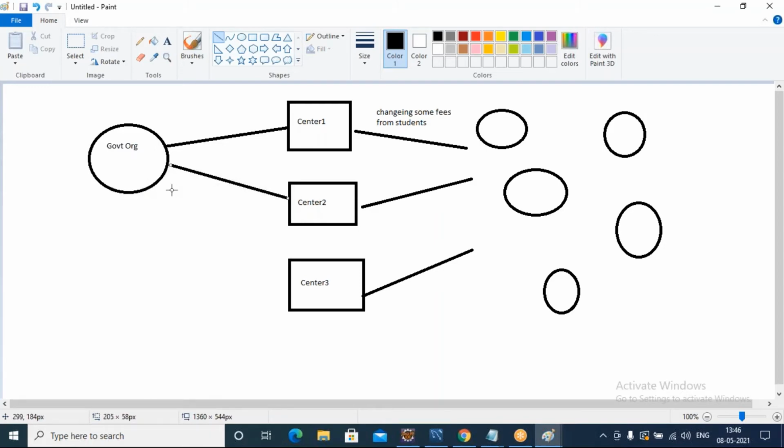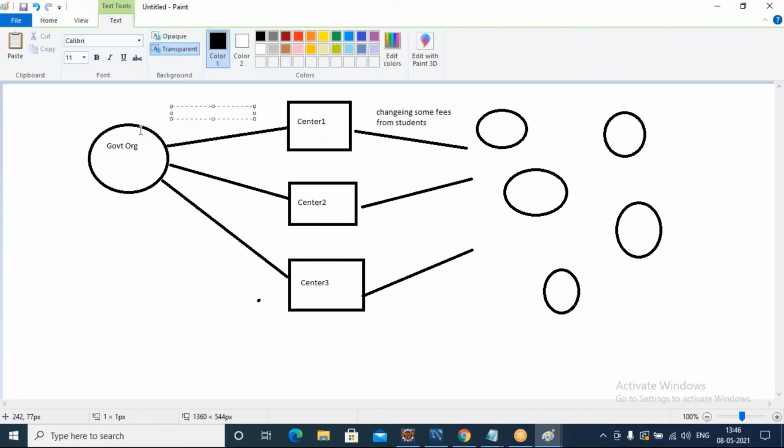So they need to take the permissions from this government organization. To take up this permission, the government organization is going to charge some amount from the centers, which they need to pay.